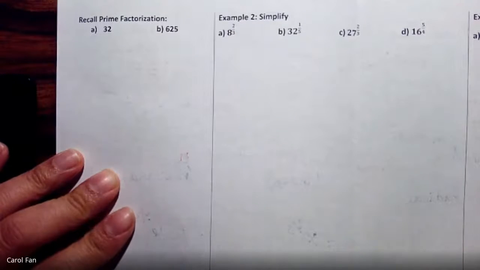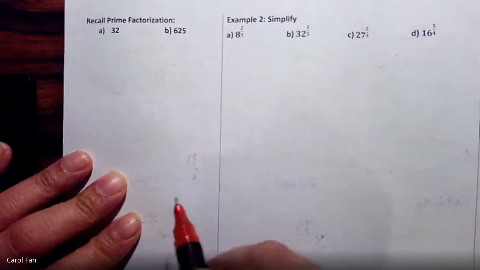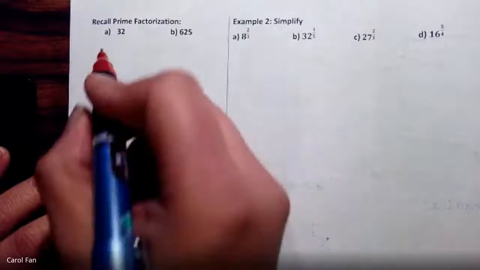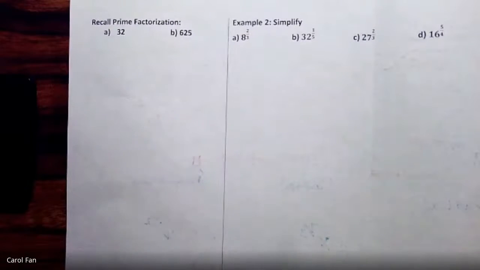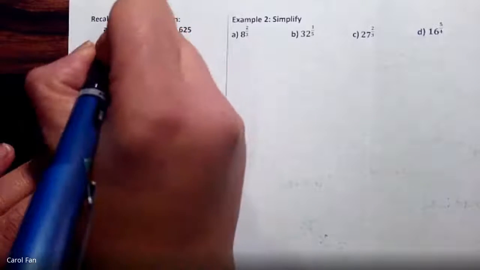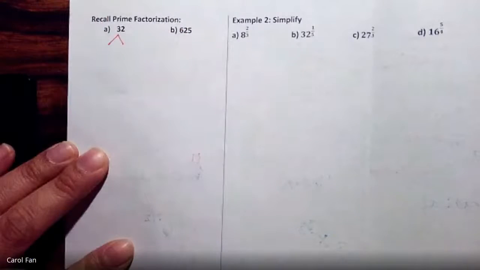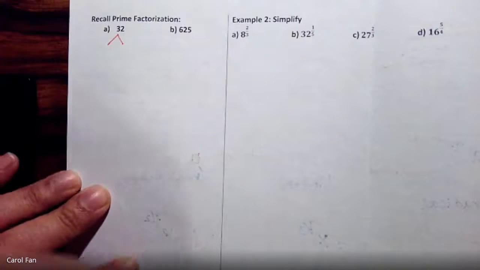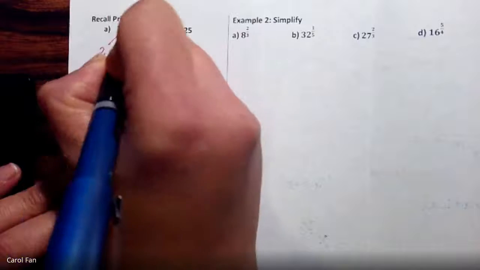When we're solving for roots, it's important for us to remember prime factorization. So prime factorization, we are writing down all of the roots of a certain number. So for example, for 32, I'm going to create a tree diagram. I know that 32 is equal to